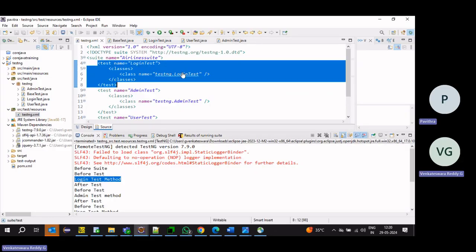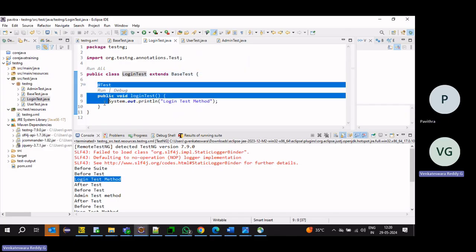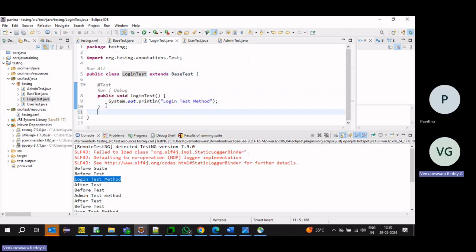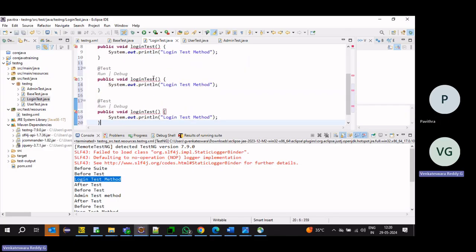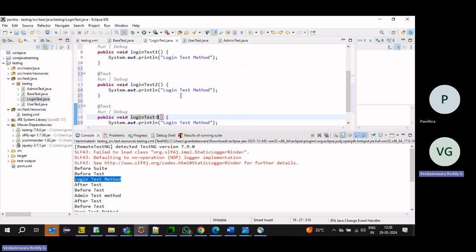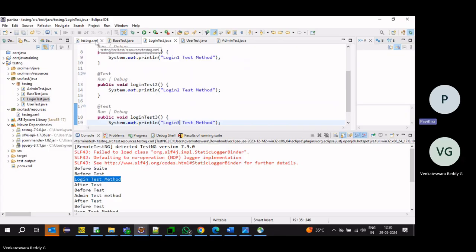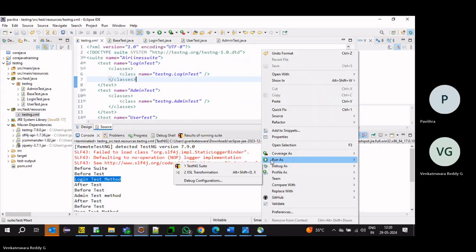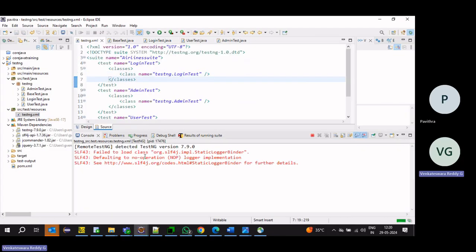Right. Currently we have only one. If we have multiple, it will execute multiple. We can have multiple login tests: login, login 2, login 3. After all these, the after test will execute. Now execute everything. And next, test annotation.